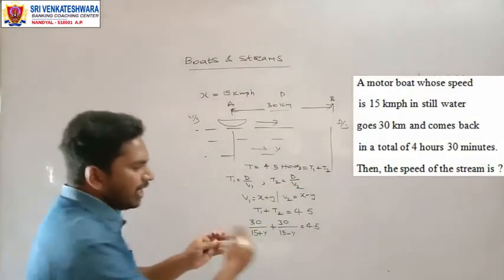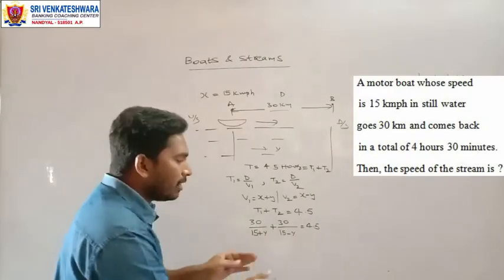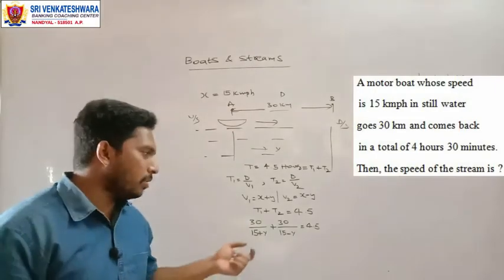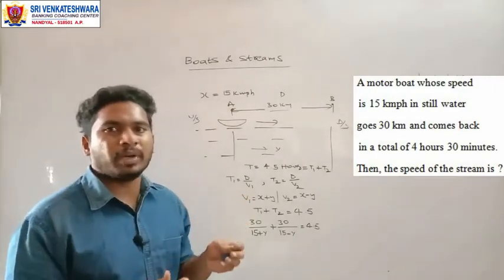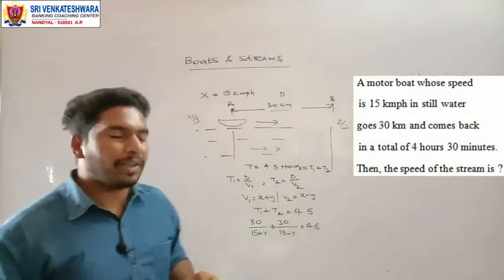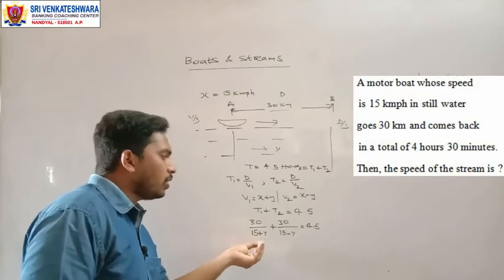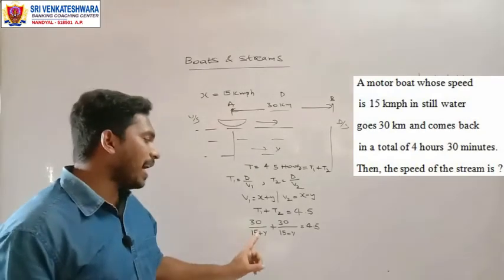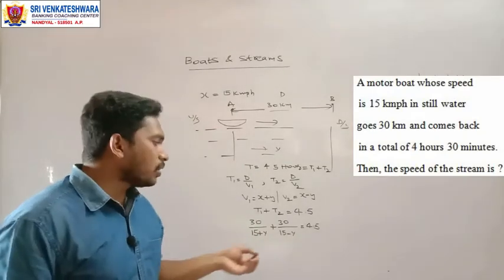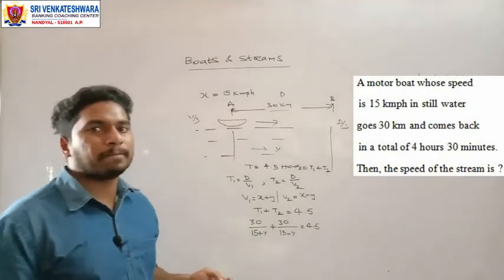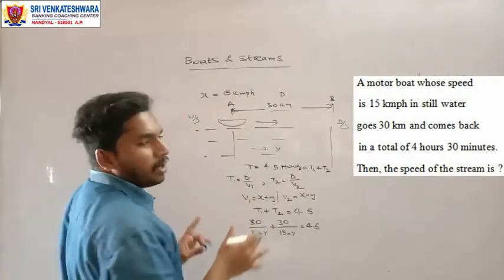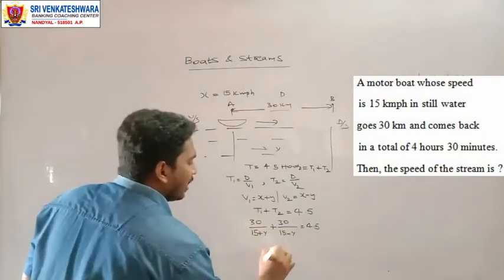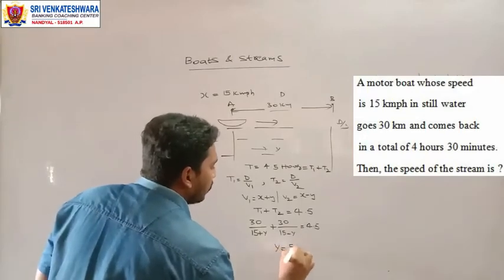See, you need not always solve this and find the y value. You will be having the options, right? In the competitive exams you will always be provided with the options. Out of the 4 given options, one will be the answer. So here itself you can do the simple substitution, the trial and error, whichever value of y satisfies the equation, that will be the answer. Anyhow, here I am not providing any options, you can solve this. After solving you will get the y value as 5 km per hour.